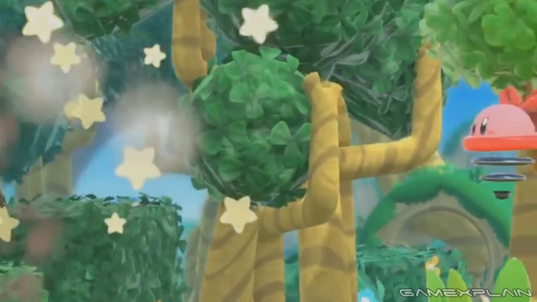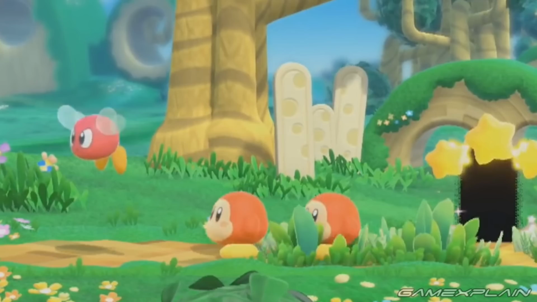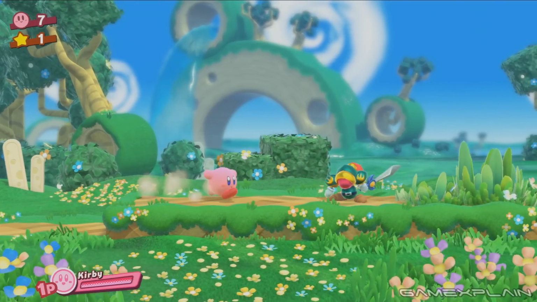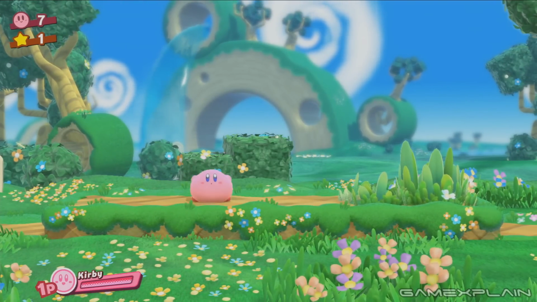All 4 are pretty prominent returning enemies, with Chip becoming a more popular choice after his appearances in both Triple Deluxe and Planet Robobot. Of course, there's the return of the Waddle Dees as well, but that was never going to be a question of whether they'd return. The first enemy we see that provides Kirby with an ability is Blade Knight, another enemy that commonly makes an